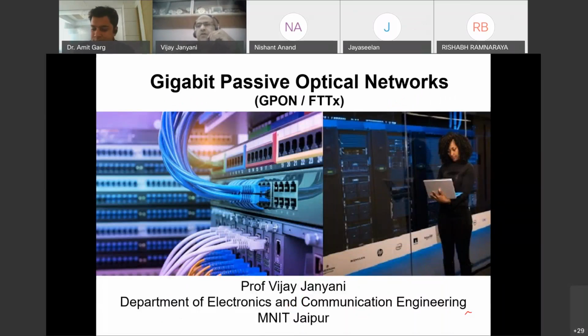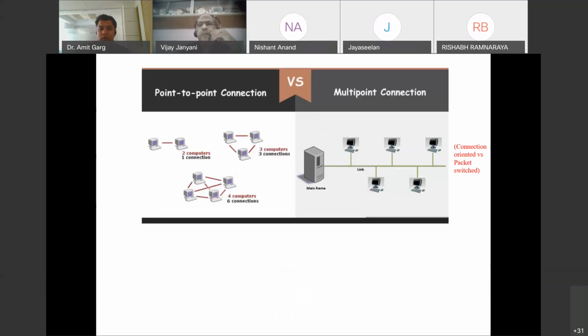Okay, so let's start this presentation. Now, in the morning lecture, I basically told you an overview of optical communication, various devices, amplifiers, and optical fibers. Now, this lecture is particularly focused on optical networks, and that too gigabit passive optical network. So, before we move on to the GPON or gigabit passive optical network, it is